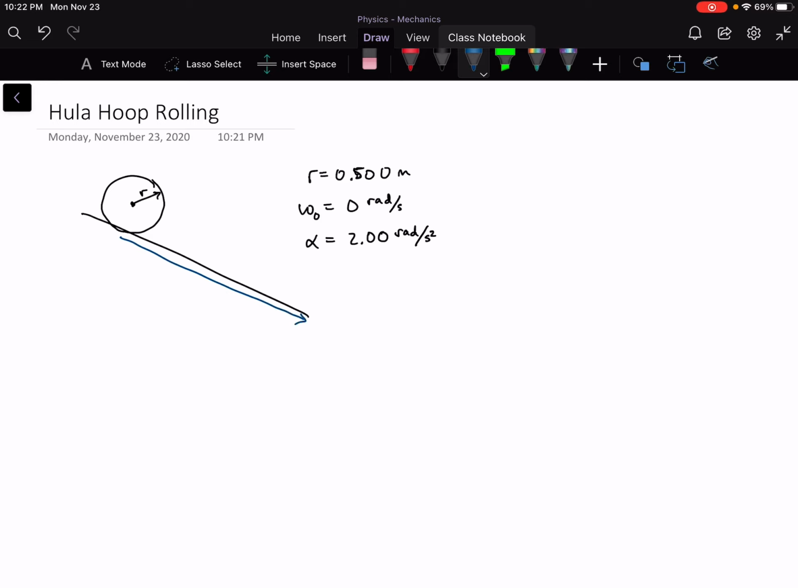Okay, so 30 meters along the slope is this part. We'll call that delta x, and delta x is 30 meters along the slope. I guess it levels out after that. Okay. How many revolutions does the hoop make before reaching the bottom of the hill? All right, so